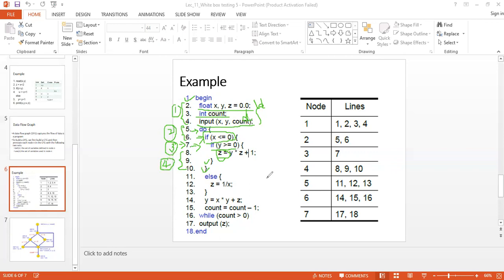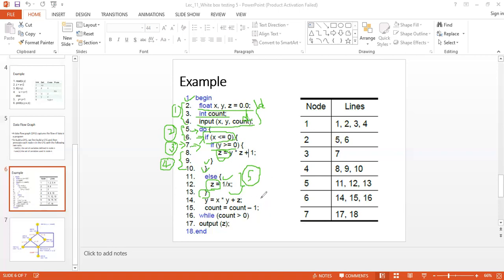Then we have the else statement. Inside the else, it's again another assignment for Z, and again we have a bracket here. So we can consider these three lines as our fifth block.